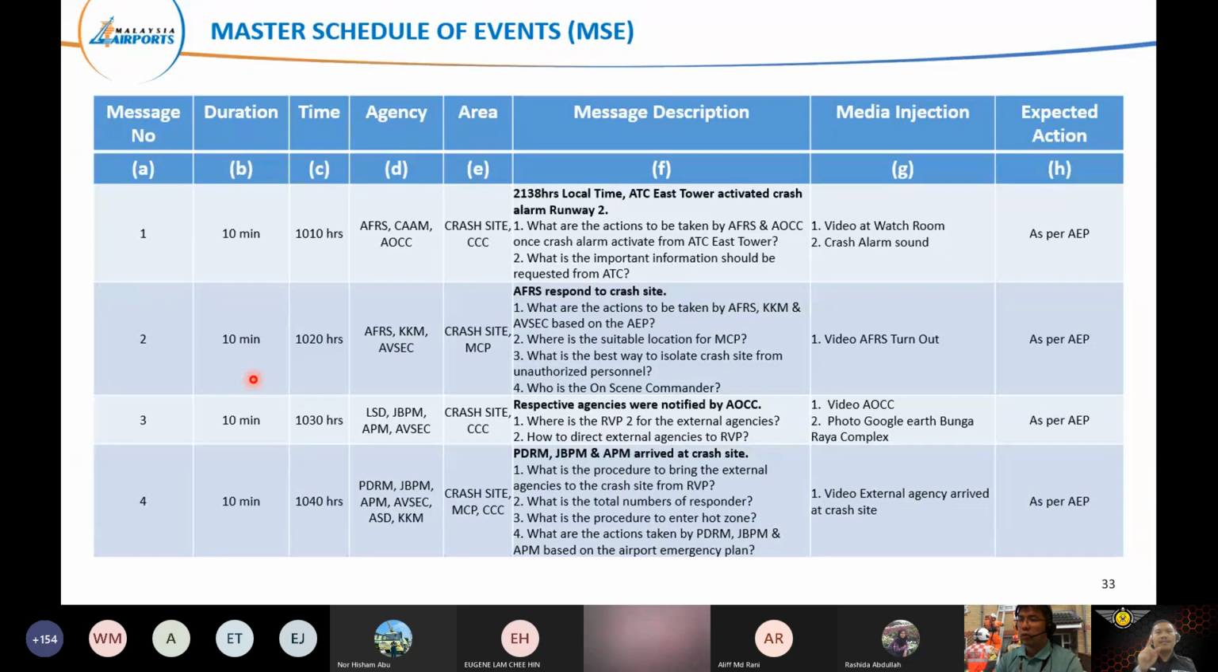If we say it starts at 10 and finishes at 12 o'clock, we need to fulfill what we have promised to the invited guests or participants. So by having this duration in the MSE, we can control the pace of the tabletop exercise. If, let's say, it's too fast, you can make it slow. If too slow, you can